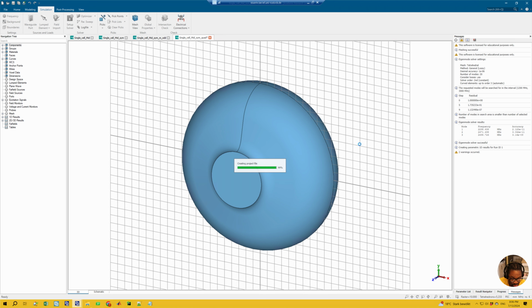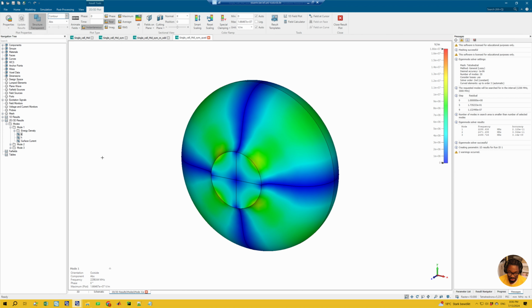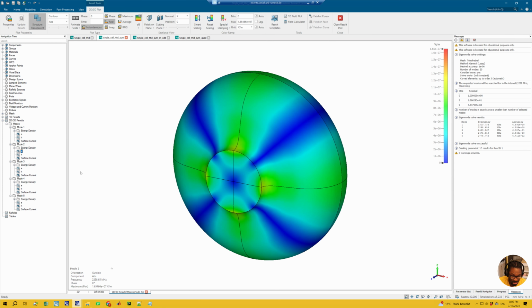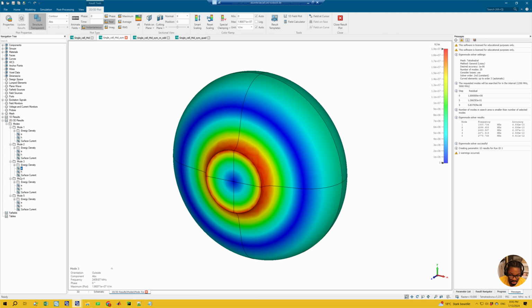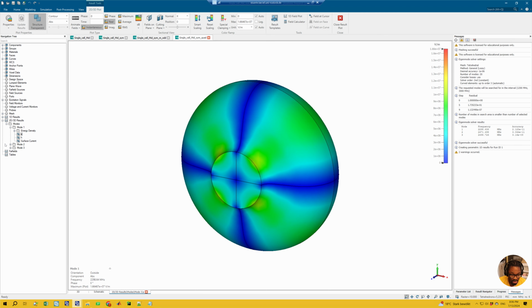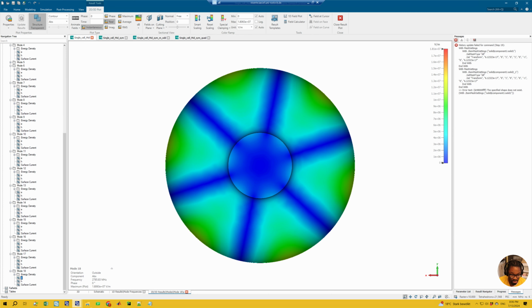And yes, like I said, let me look at the results first. Now I have just three modes. The first one is a quadruple mode contour. It's a quadruple mode at 2298. Remember, for this we had the monopole and the quadruple mode. So this is 2298. Then the second quadruple mode was at 2471, and that's what we should have here, 2471. And then the third dipole mode should be at